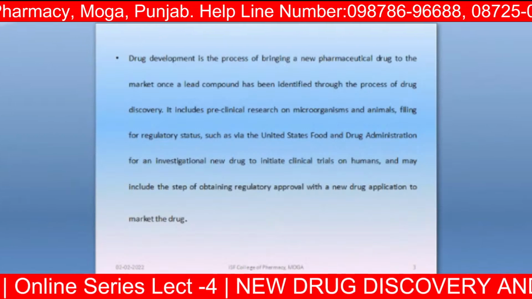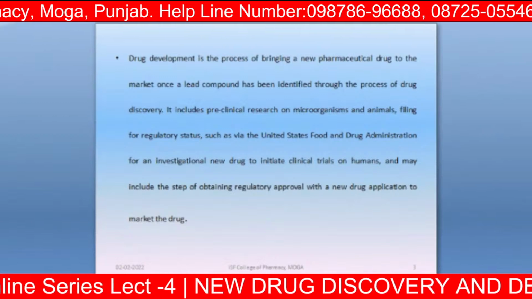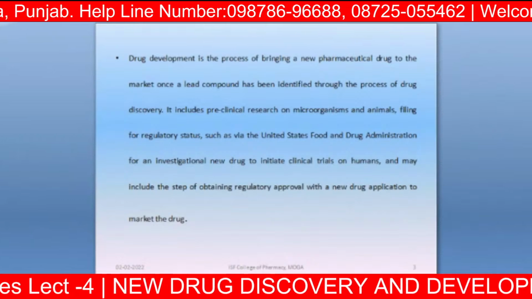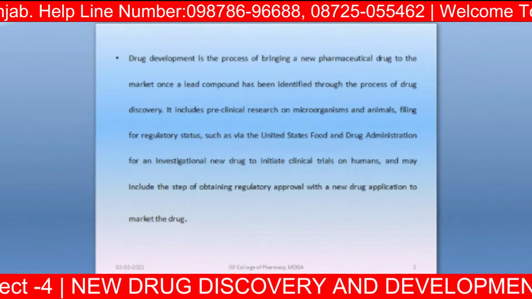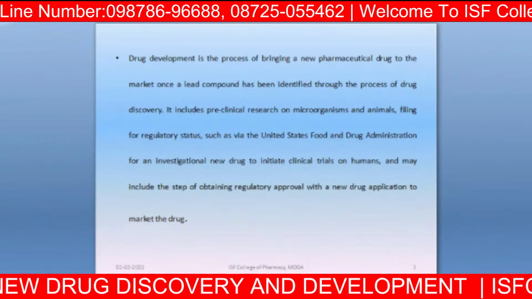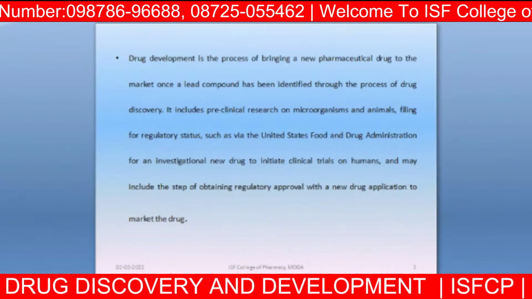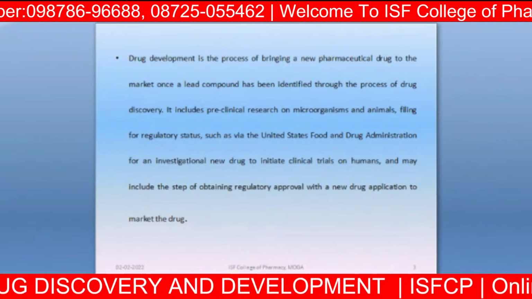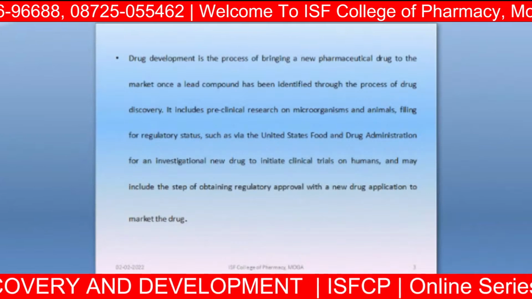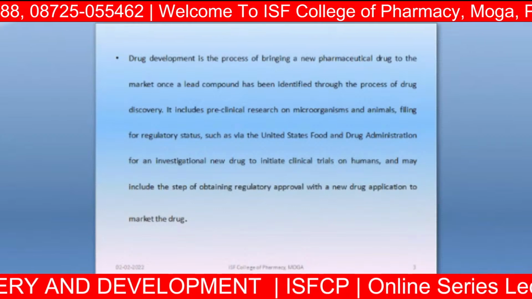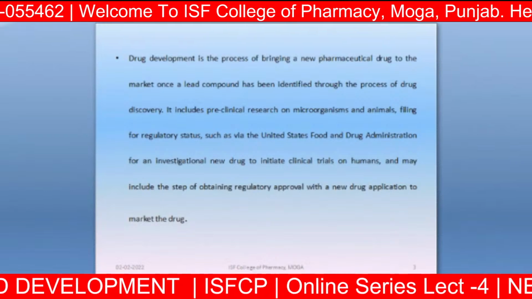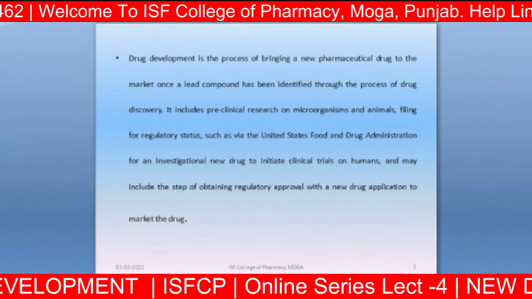If that group is responsible for the side effect, what we can do is determine the QSAR, that is the quantitative structure activity relationship, which tells us which type of moiety might be feasible for the pharmacological action without suffering any loss of it. That means the effect of the drug should not be reduced, but we are trying to reduce the side effects which are harmful.